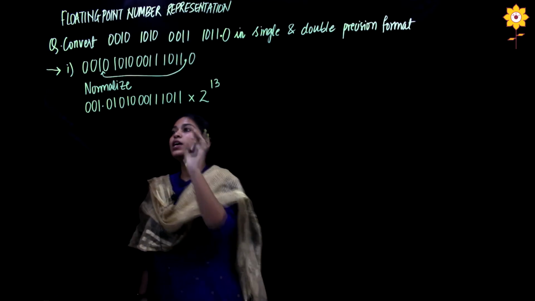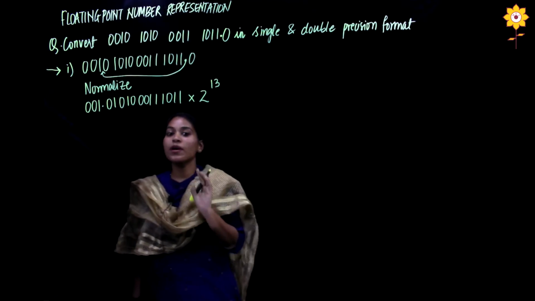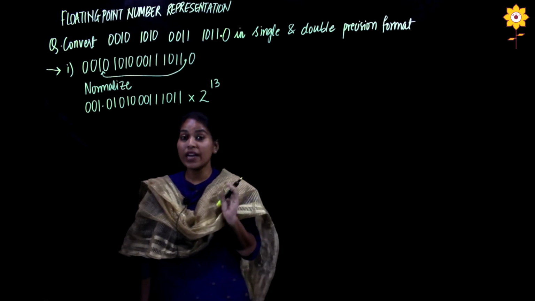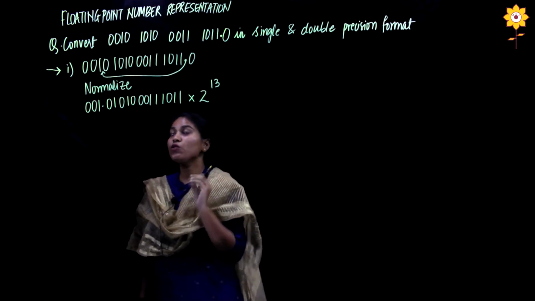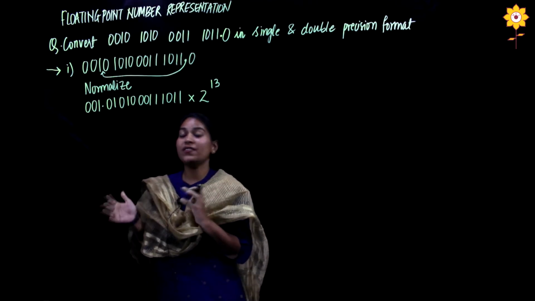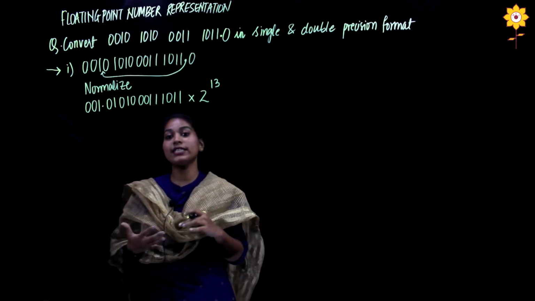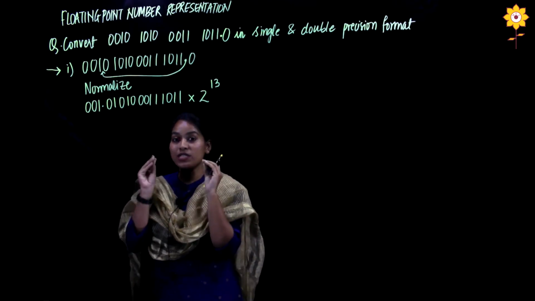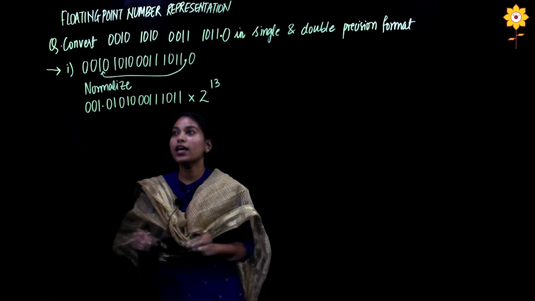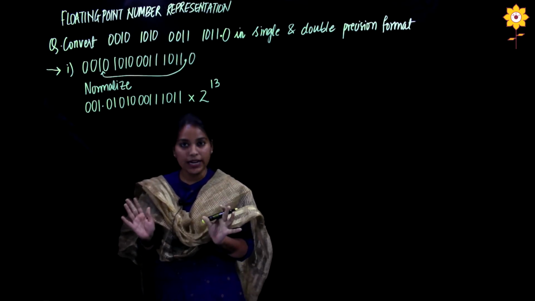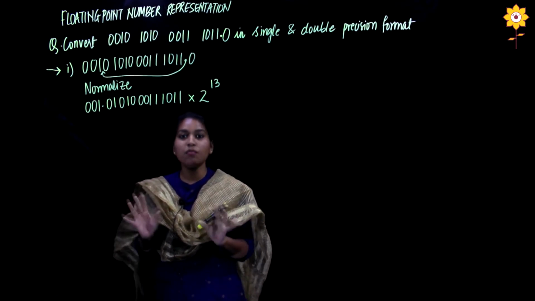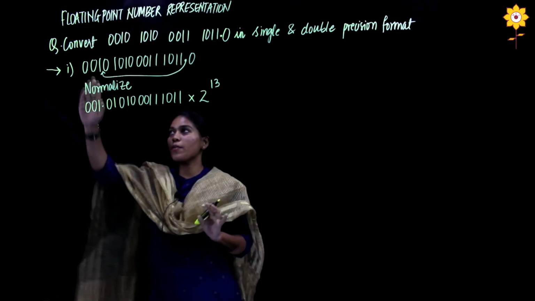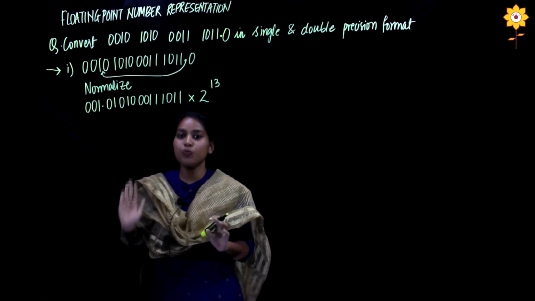I hope that's clear. Now again we have to see if the number is a positive number or not. So the number here is a positive number, there is no negative sign. Also keep in mind when you solve these kind of problems, you are not going to see if the MSB is a 0 or 1 and then decide if the number is positive or negative. You simply have to see if the number has a positive sign or a negative sign in front. If there is a negative sign, then the number is negative. If the MSB is 1, that doesn't mean the number is negative here. Okay, so keep that idea clear in your mind. Okay, since there's no negative sign, the number is positive.